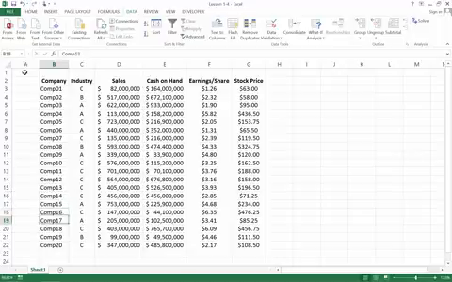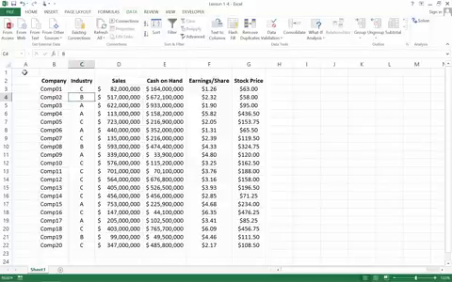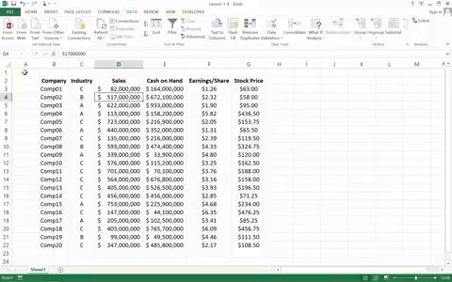So we've got 20 companies here, and essentially the companies are ordered in the order in which we started tracking information about those companies. Sorting will allow us to reorganize the data in this worksheet in such a way that it'll have a little bit more meaningful grouping. So the first thing that I want to do is just do a simple sort on the data according to sales. What that'll do is allow us to see our largest companies on down to our smallest companies, or the other way around, just by reorganizing the data based on how much each company brings in sales revenue.